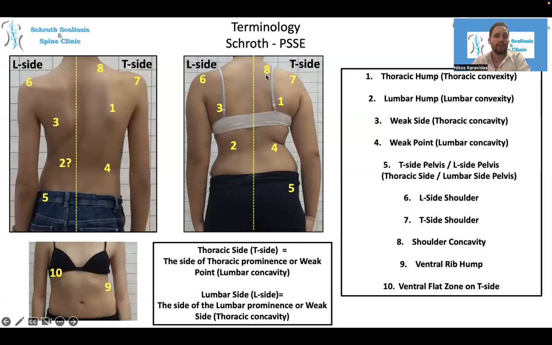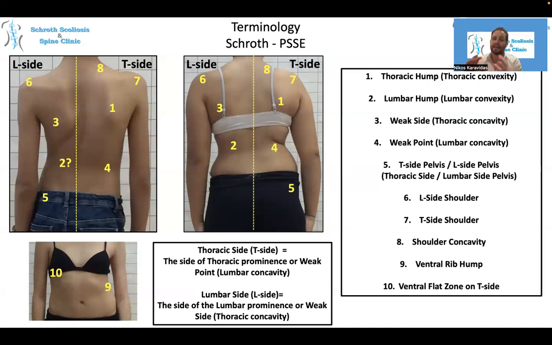Number 8 is called shoulder concavity because it is in the shoulder block, so in the upper block above the thoracic, and this is a concave part of the shoulder block. And when you look from the front view, of course, what we know is that due to the rotation of the thoracic block, or when we have from one side the thoracic hump, on the opposite side we have the ventral rib hump protruding to the front, and the area in front of the thoracic hump is called a ventral flat zone on the T side, and this is also a newly developed term by us,